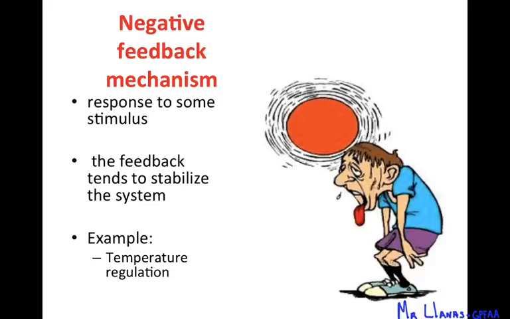If it gets too cold, then the heater goes on to bring it to 70. It always wants to stay at a stable number or at equilibrium. Okay, so it tends to stabilize the system, just like in our bodies. If it gets too cold outside, our body wants to keep warm, right? So that's negative feedback. Okay, when you go away from equilibrium, your body or the organism always tries to